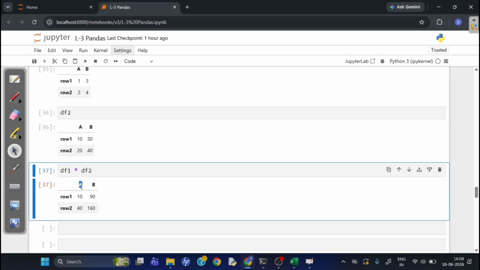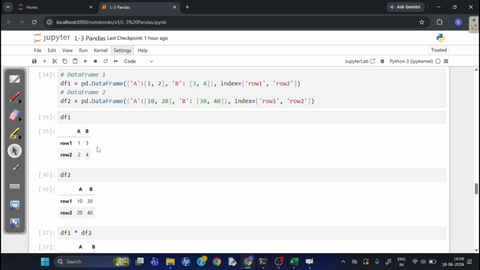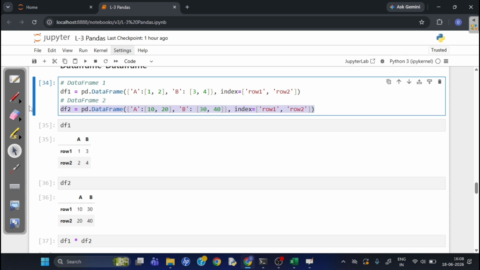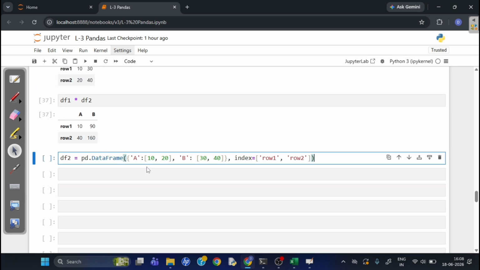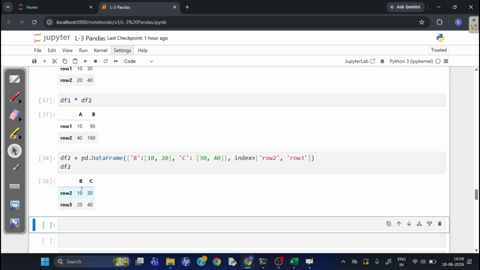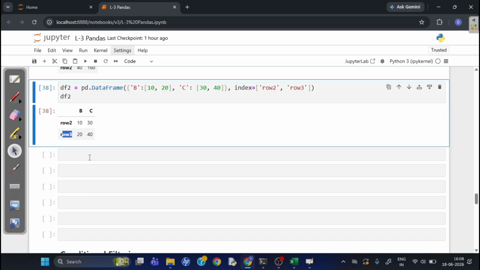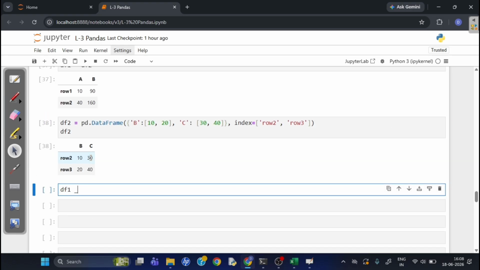Okay, row and column both. Say I change this data frame to df2, and I change the column names to B, C, and the index also to 2, 3, and I would like to print this. So I have changed the labels and nothing else. And now if I add df1 plus df2,